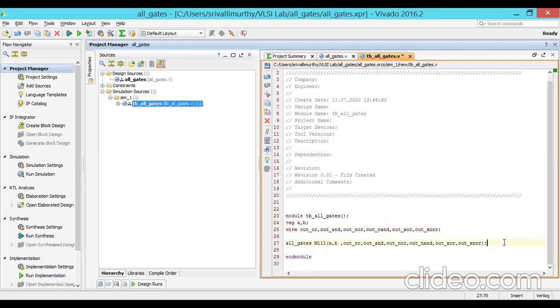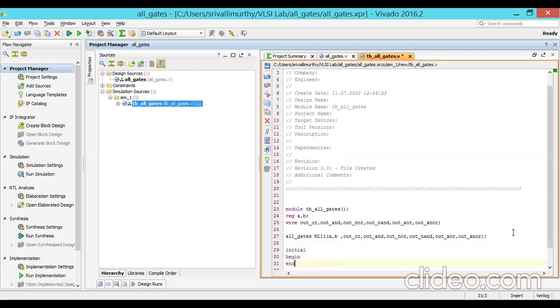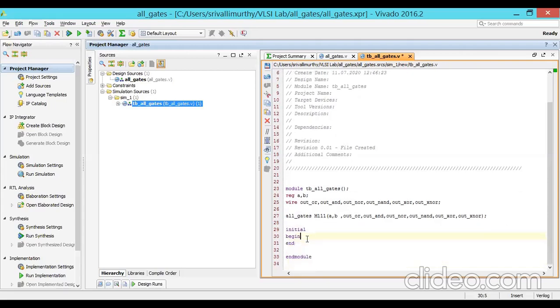Now the initial block. The design is waiting for the inputs. So now the initial block, this is the language, very important: initial begin, end. Between initial begin and end I give the statements. A equal to 0, B equal to 0. After 100 nanoseconds, A equal to 0, B equal to 1.